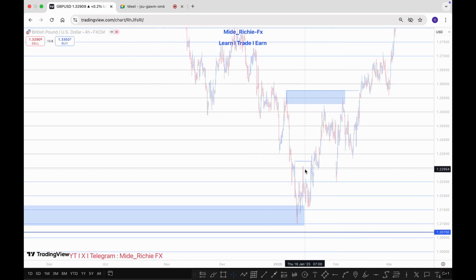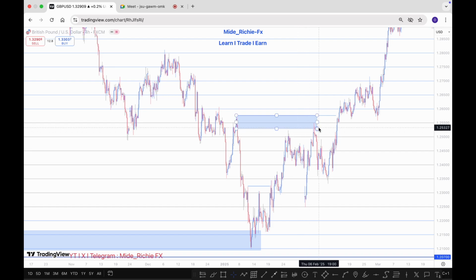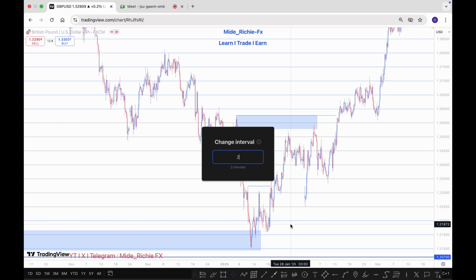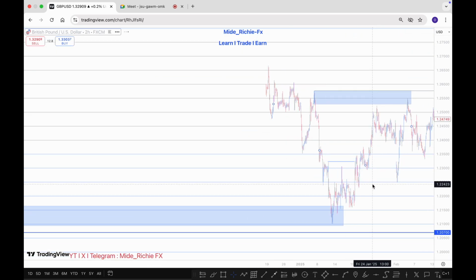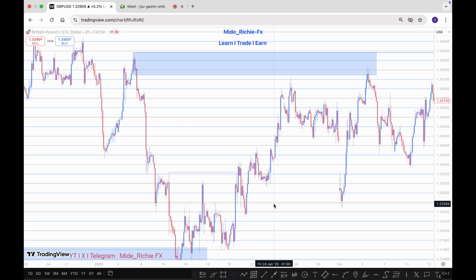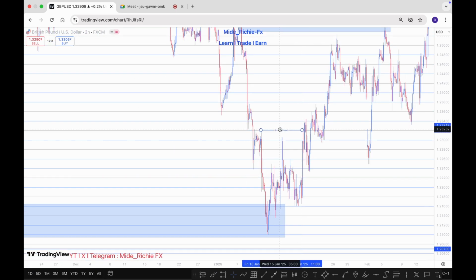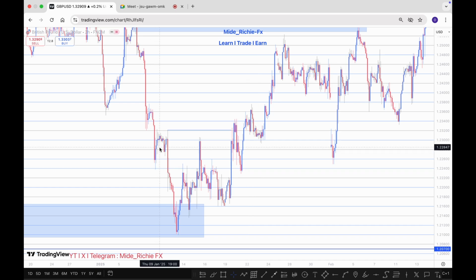So after this change of character, the market actually gets to this extreme, the external supply, and then gives us sell reactions and all of that, right? Basically, we have two good entry opportunities from this particular thing right here, because I remember we have a supply zone that actually got mitigated right here. So you can see right here, the market gave us this internal change of character. We had a supply fail actually, because this was a supply that broke structure. Mind you, this is an internal structure, by the way. So this is a supply that broke structure, and after that you can see right here, the market retraced back to that point of interest,